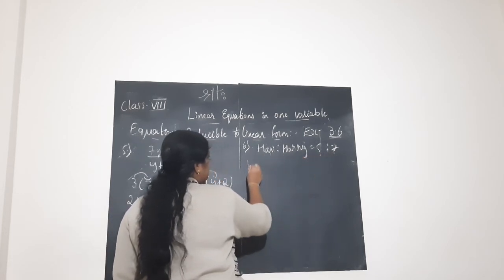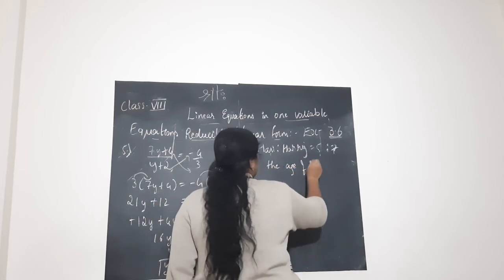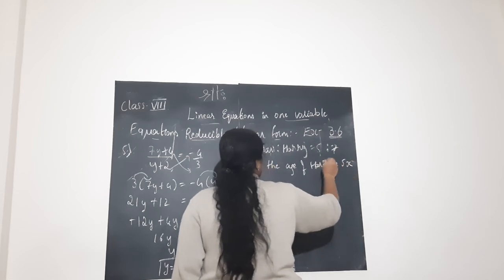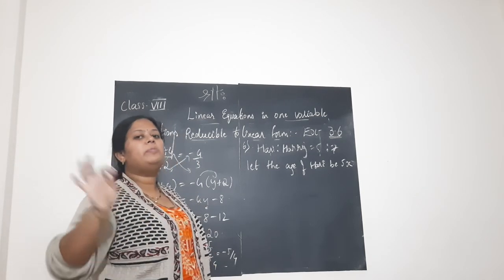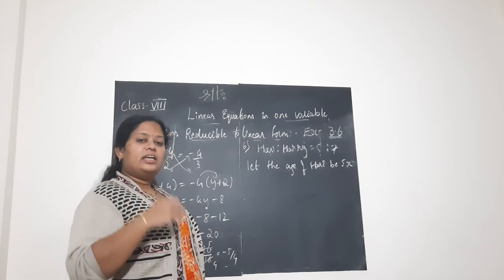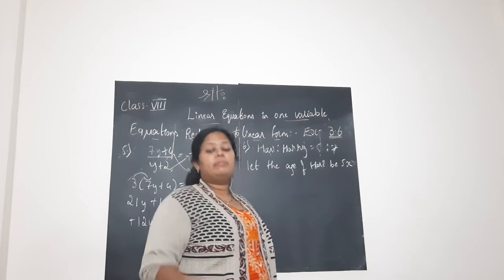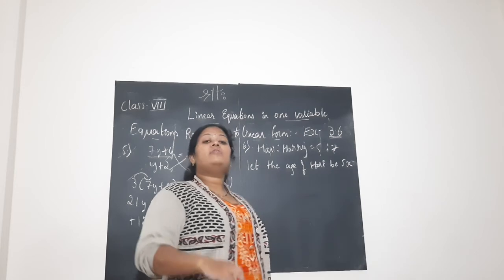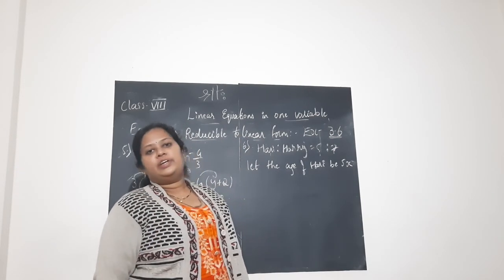Hari's to Harry's is 5:7, so let the age of Hari be 5x. Why 5x? We always have the habit of keeping the unknown quantity as x. Let the number be x, we take. Here we don't know their ages, but they are telling us to find out the age. But their ages are in the ratio 5:7. After 4 years, our ratio 5:7 will become 3:4. What are their present ages? We need to find out.